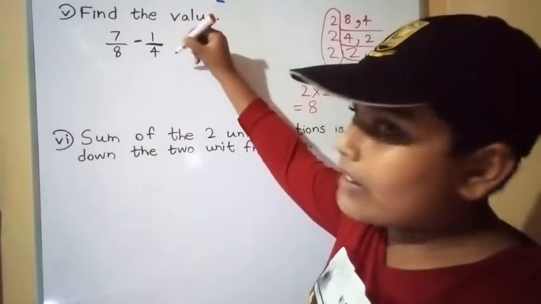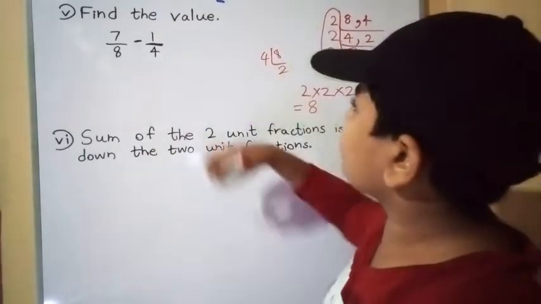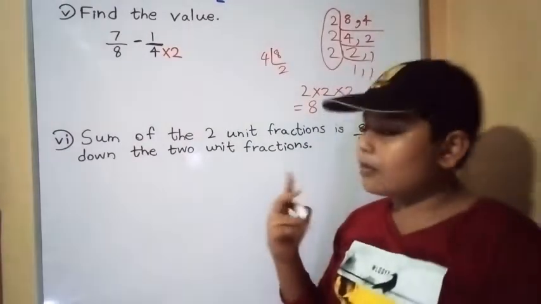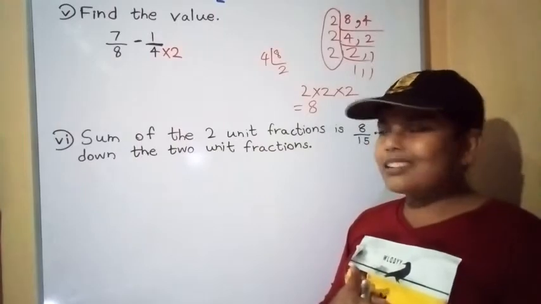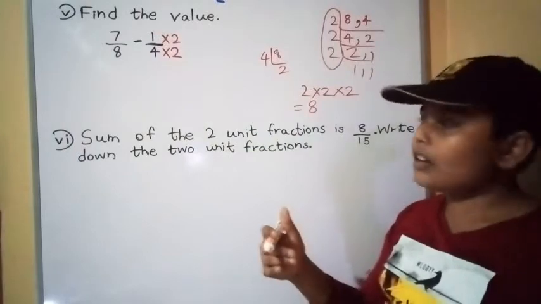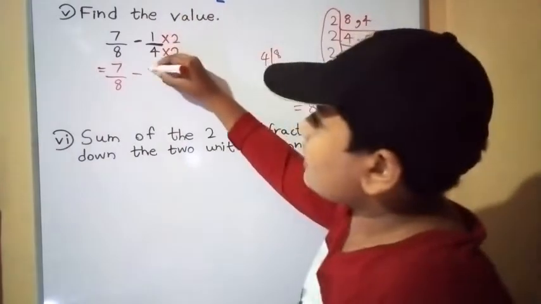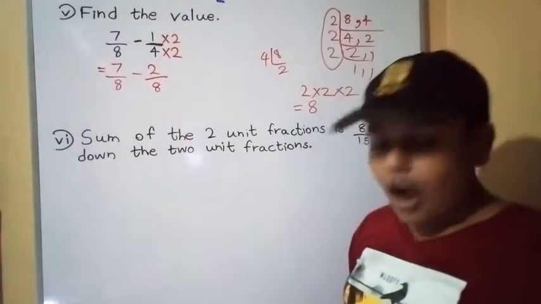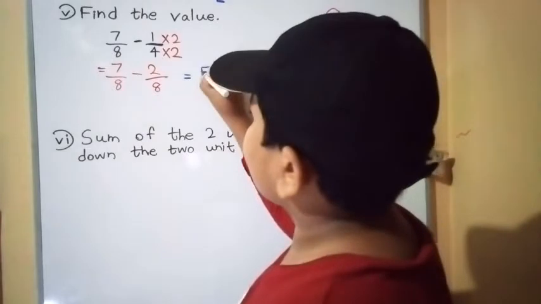Now 8 divided by 4 is 2. You want to multiply the denominator by 2. There is a mistake. You want to multiply numerator and denominator both. Right? Now you have the answer. 8 over 7 subtract 2 multiply 1 is 2. 4 multiply 2 is 8, the denominator is the same. Now grade 6, guys. What? 8.